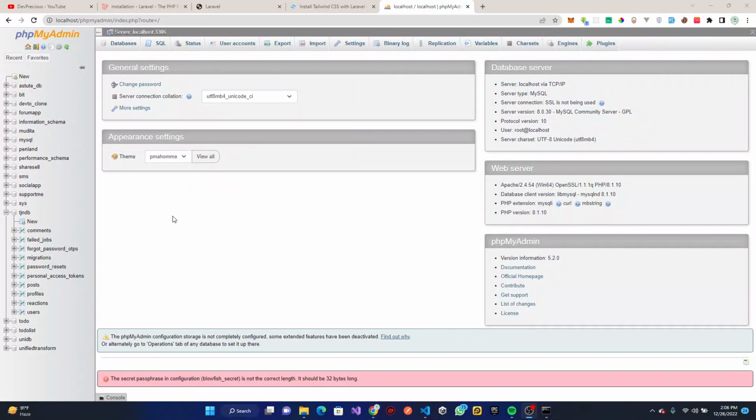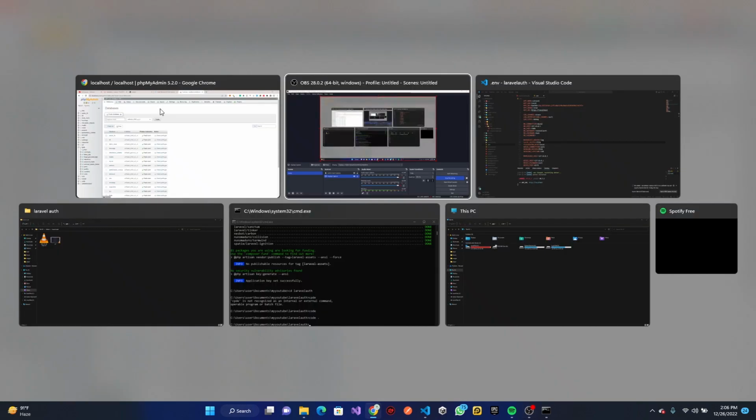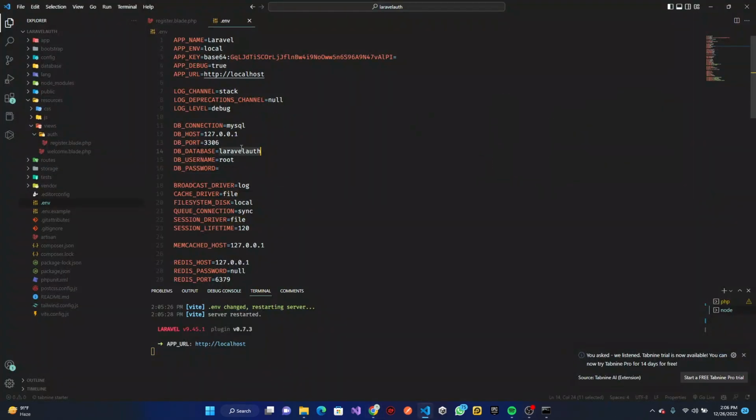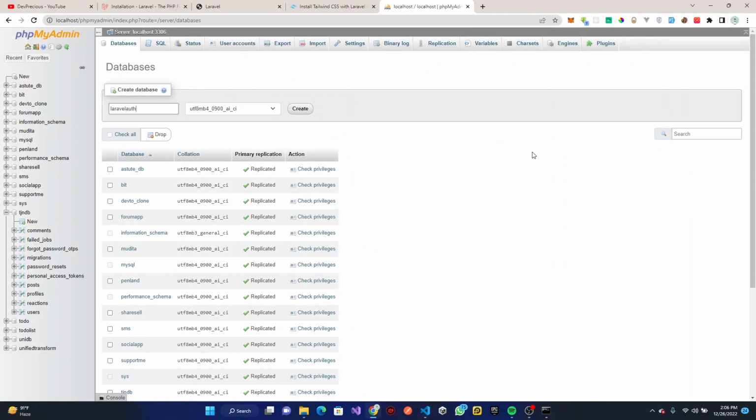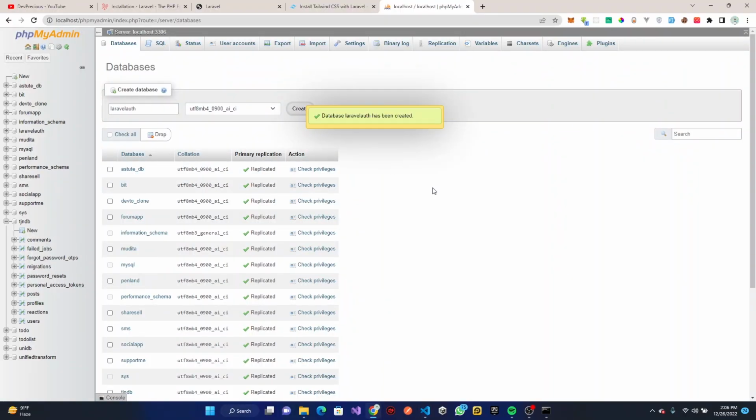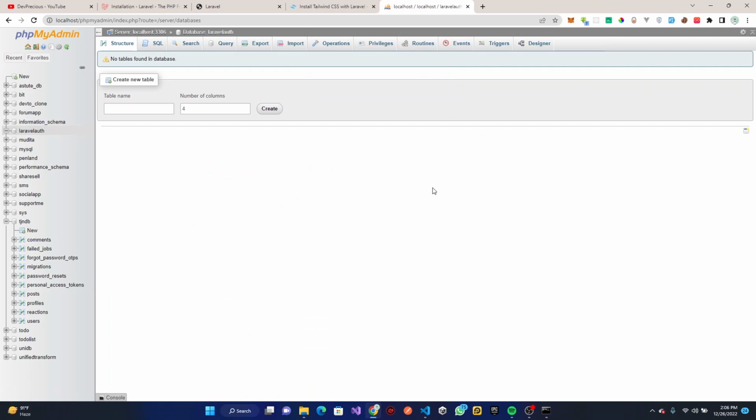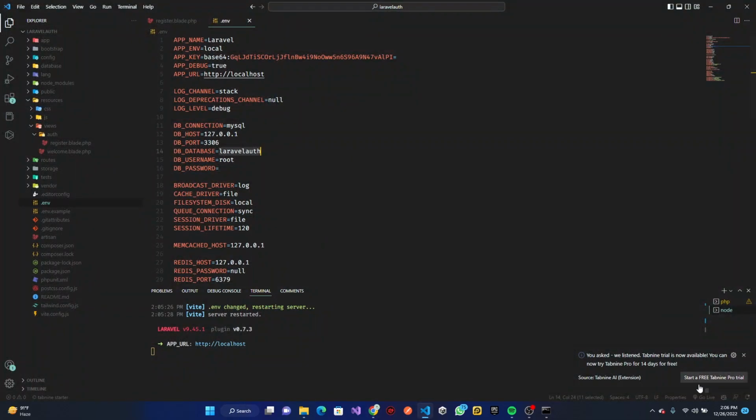All right, so once it's open, you can click on New here. You can call it, I believe we call it laravel-auth. So let's just copy this, paste this right here, and click create. We're just going to create our database for us. So once that is done already, and